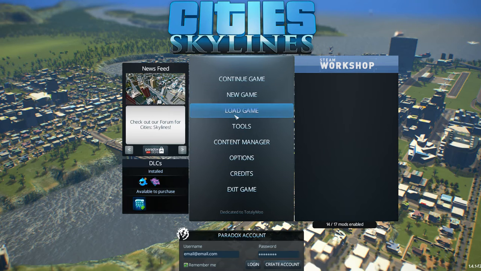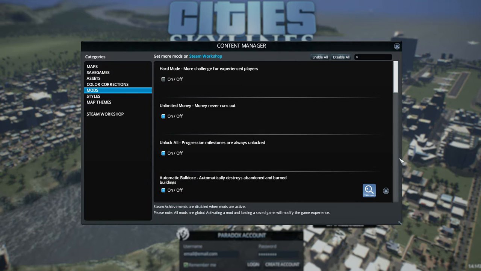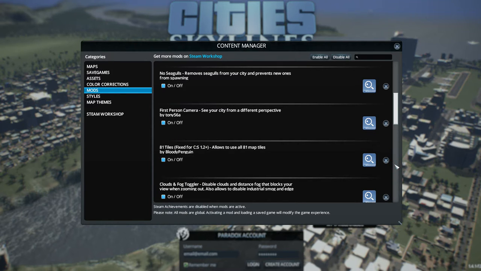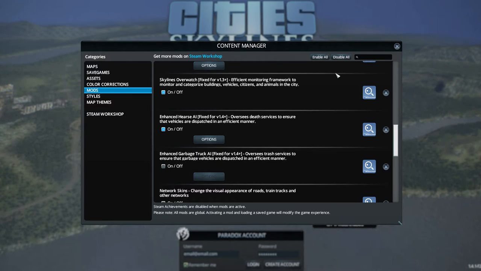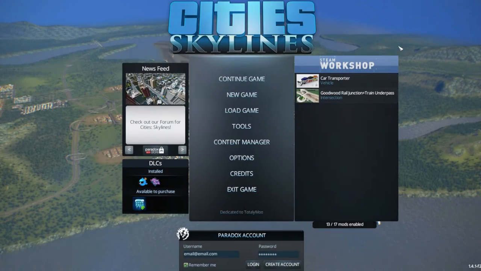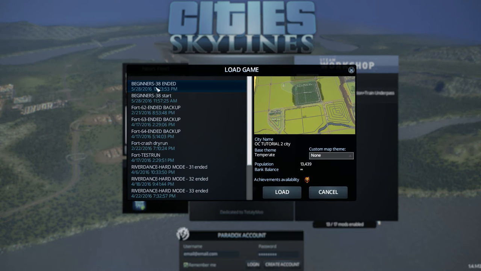Okay, so we're now at the main menu. We're going to go to Content Manager and go to Mods. And down in Mods, we're going to go to where the garbage trucks are. There we are, Enhanced Garbage. If we turn that off, there we go. I think I got it off. Nope, I turn it back on. There, okay, so if we turn it off, no blue on it, and then go back into the game, and our garbage is no longer enhanced, load the game, go back to